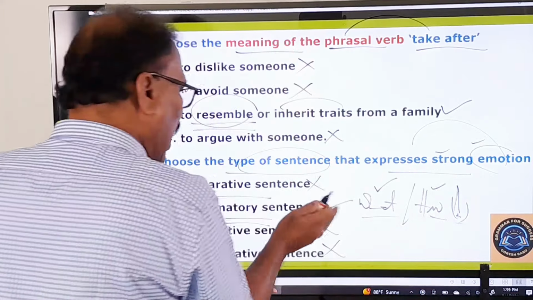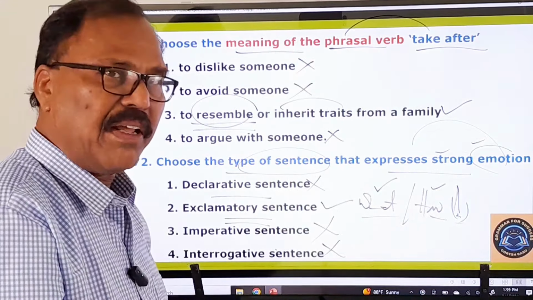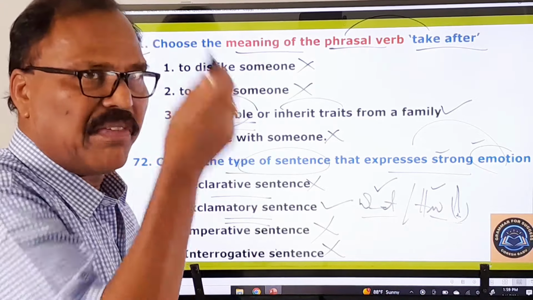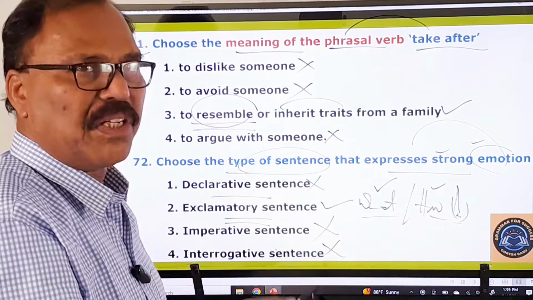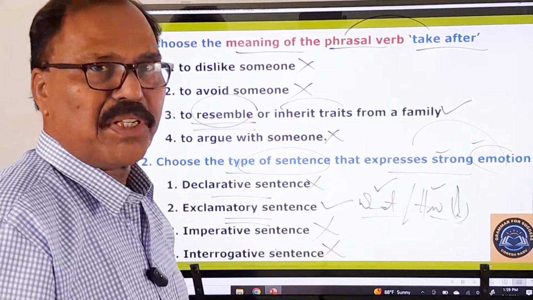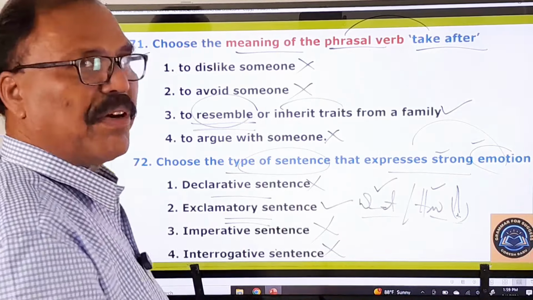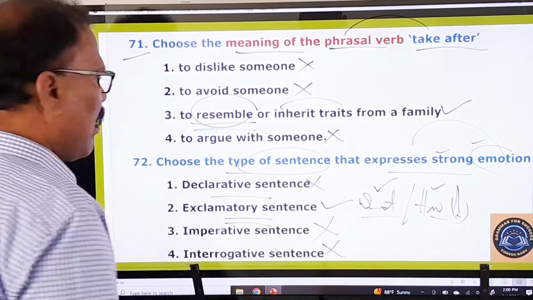Remember this. Additional information is being given for each and every question generally. Wherever necessary, I am giving additional information also. Please keep this additional information in your mind. That will be of great help for your other examinations. Right. Now let's move on to